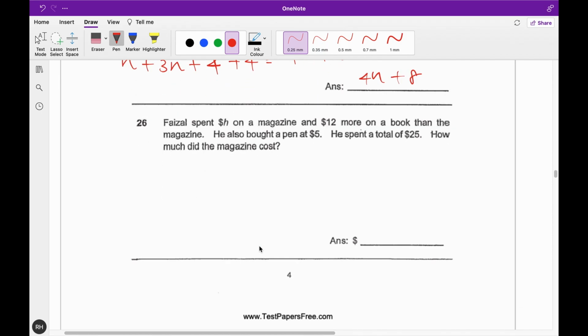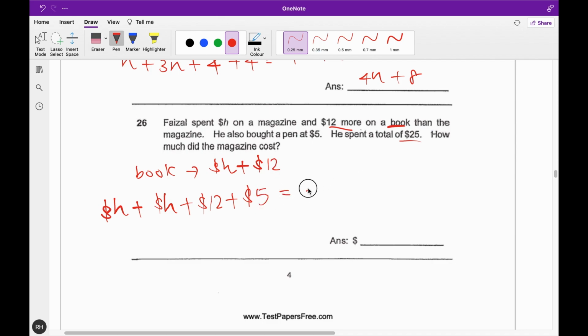Question 26. Faisal spent $8 on a magazine and $12 more on a book than the magazine. He also bought a pen at $5. He spent a total of $25. How much did the magazine cost? So the magazine is H, and the book is H plus $12. He also bought a pen at $5. Total is $25. So by adding everything up, H plus H plus $12 plus this $5 is equal to